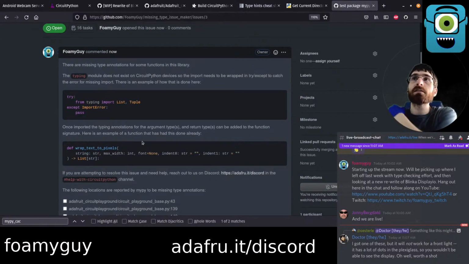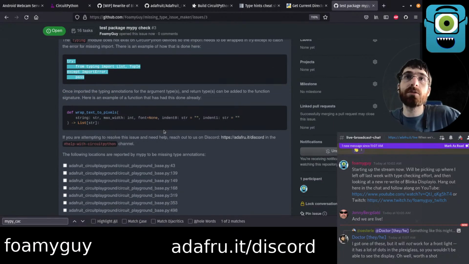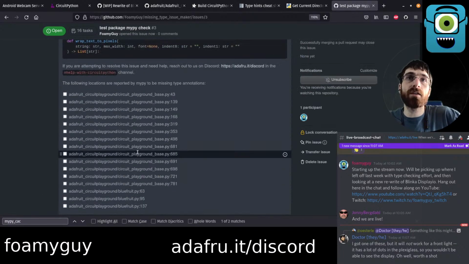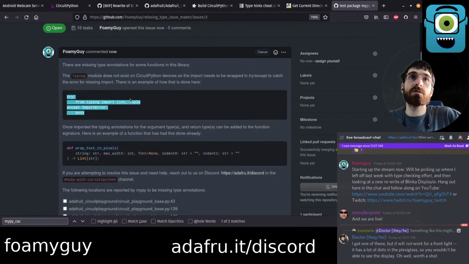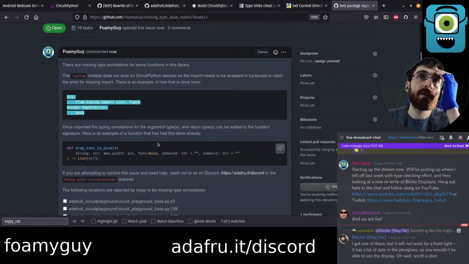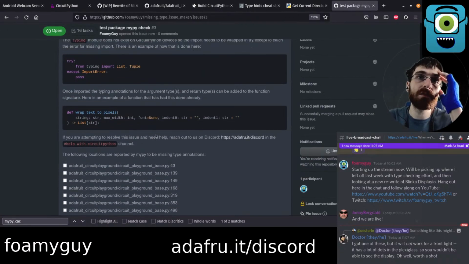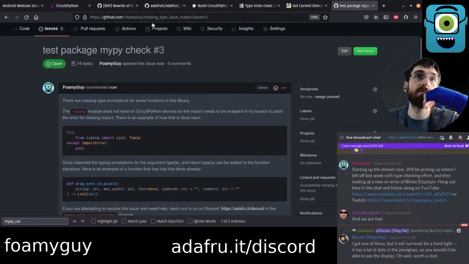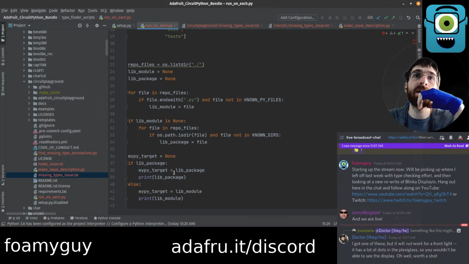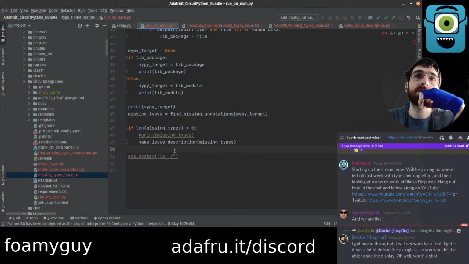So yeah, I think the last two things to do are tweak this up. We're going to mention leaving a comment reply on the actual issue. I'm going to link to the contributing with Git and GitHub guide for folks that might be new. And yeah, I think that's it for the tweaks. I'll check back in the Discord and the discussion I had with Kattni, but I think those were it. We'll check on that. We'll make those tweaks, and then once we add os.system make issue at the end of this, I think